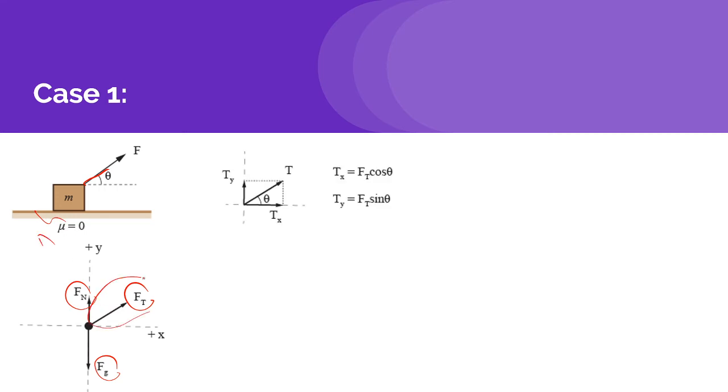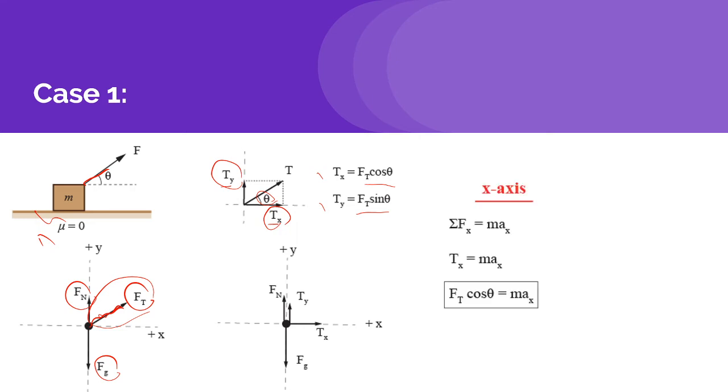So since I have a force with a vector, what do I need to do? I need to find its x and y component. Depending on the angle, I use sine and cosine and find Tx and Ty in terms of theta. And after you find the components of this guy, you erase this and replace it with the Tx and Ty, and then you have your new free body diagram. And then on the x-axis, you only have Tx, so Tx equals ma, and Tx is basically Ft cosine theta,